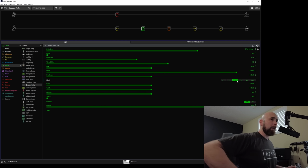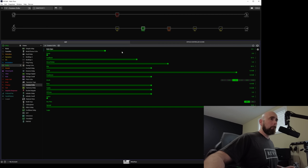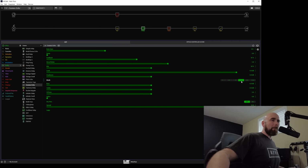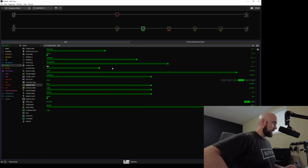So if we come back to 3, and back to the quarter note setting, there's our quarter note. 2. Now we can also combine 1 and 3 to kind of get some of that reverb type effect with the normal quarter note we set. Now that might sound overwhelming because we have the mix set quite high, but if I brought that back to a more reasonable mix,